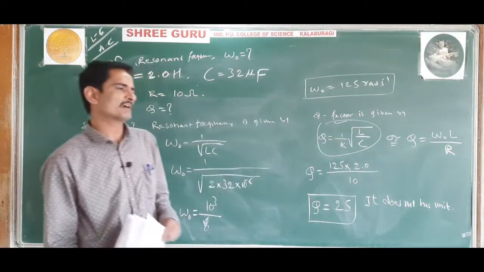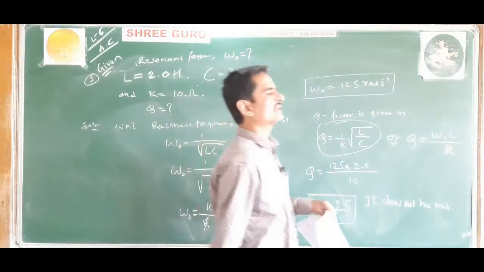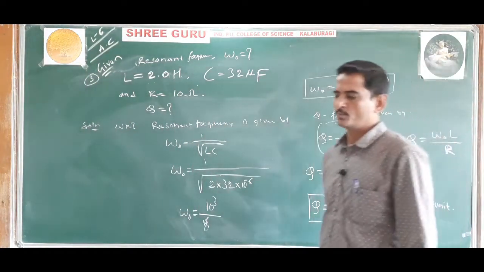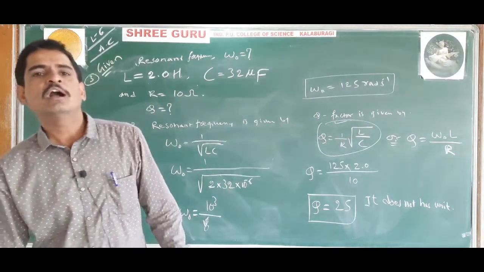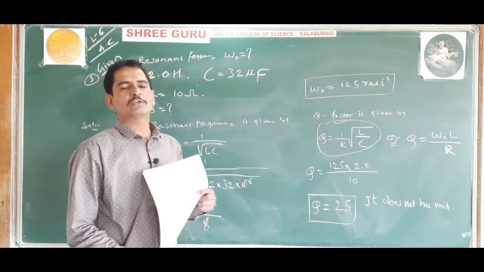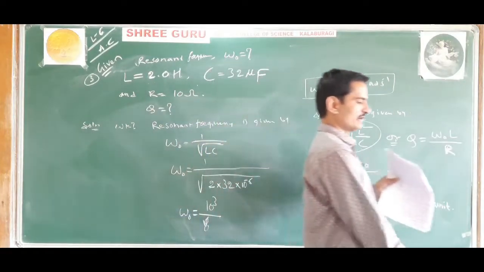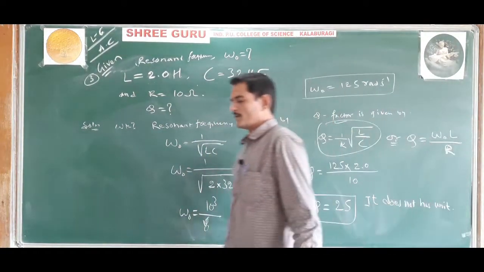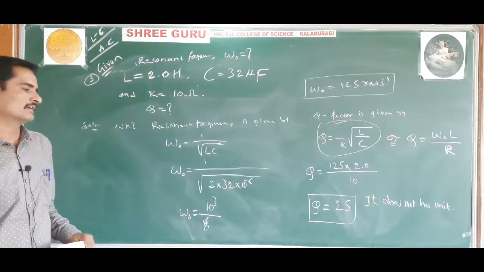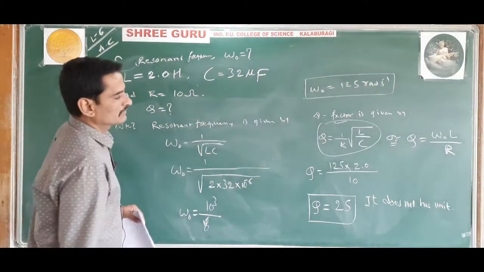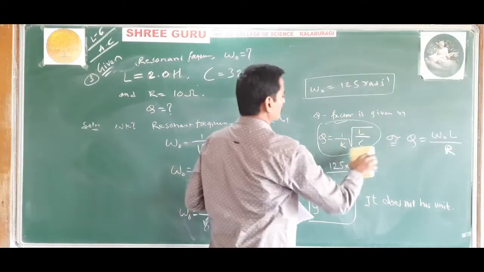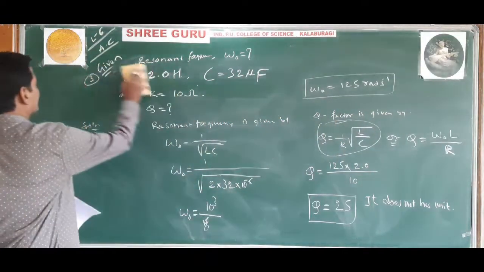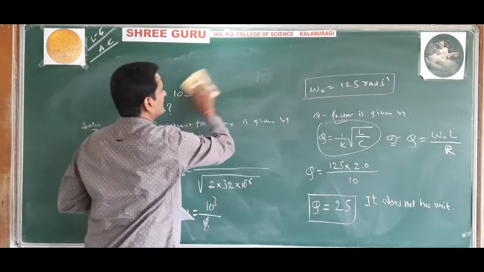Quality factor is a number and its value generally varies from 10 to 100. Remember that the value of Q will be from 10 to 100, for VHF, that is very high frequency. The general value of Q is 10 to 100. Or else you can use the other formula, but if you use that formula, the calculation becomes more. This is how you can solve.